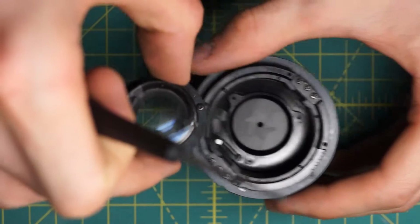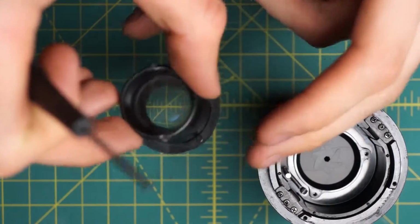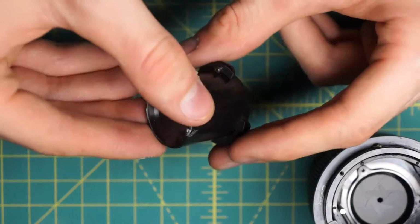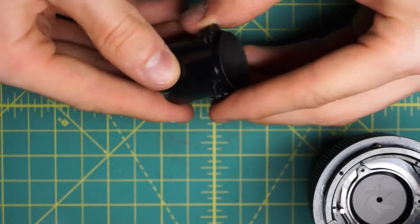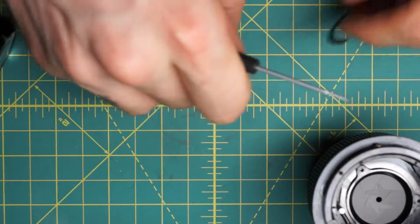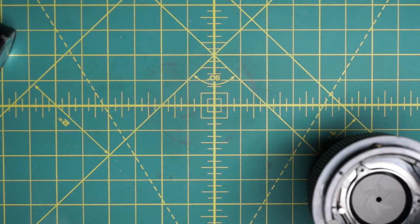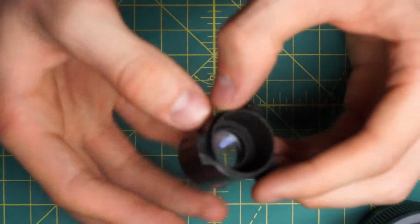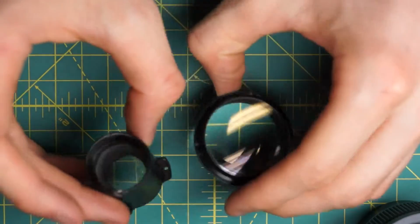Now I can just lift out the entire back optical piece, and it has this separate silver ring that it was sitting on that you can remove. It had the 3 screws in it. So that silver ring and the back optical piece. I'll set aside the lens body for a second and just talk about both of the optical pieces here